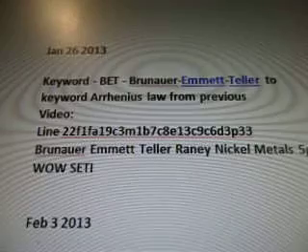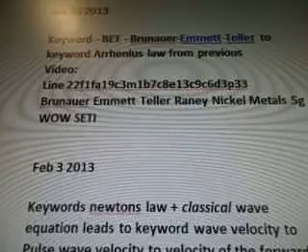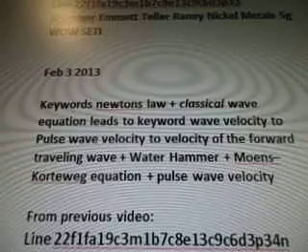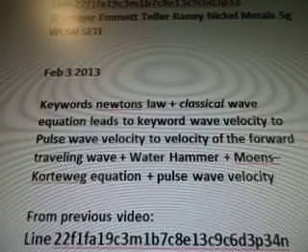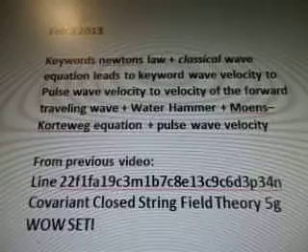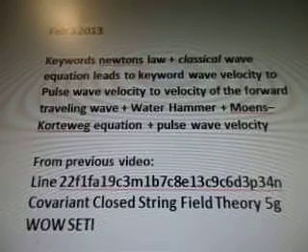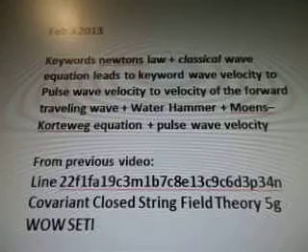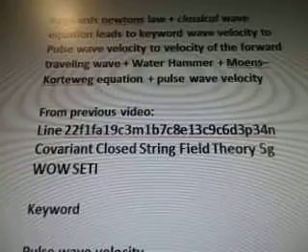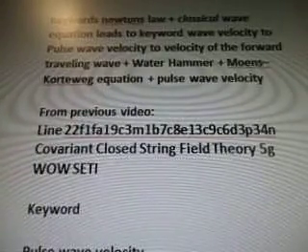22f1fa19c3m1b7c8e13c9c6d3p33 is Brunauer-Emmett-Teller Raney nickel metals 5G Wow Seti. February 3rd, we looked at the keywords Newton's law, classical wave equations that led to our keyword wave velocity, to pulse wave velocity, to velocity of the forward traveling wave, and then we're adding Water Hammer and Moens Korteweg equation and pulse wave velocity. And that's from our previous video, line